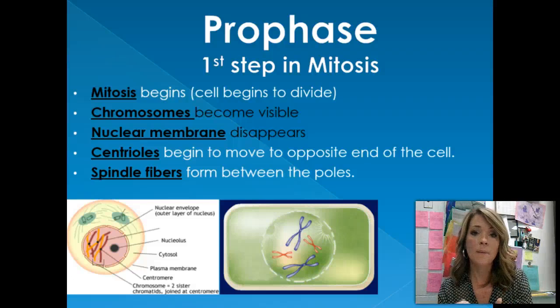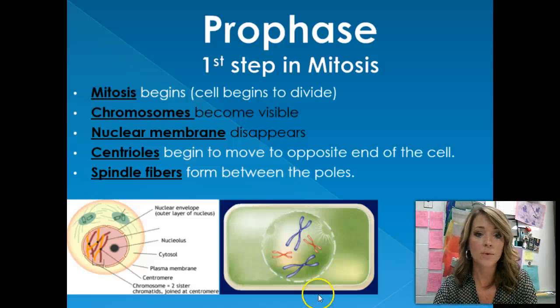They start wrapping up and condensing into the X-shaped chromosomes. So at this point, you can see the chromosomes under a microscope. The nuclear membrane is going to disappear. So this right here that's containing the DNA and keeping it in the nucleus is going to start to go away. It needs to go away so that those chromosomes can move throughout the cell and not be stuck